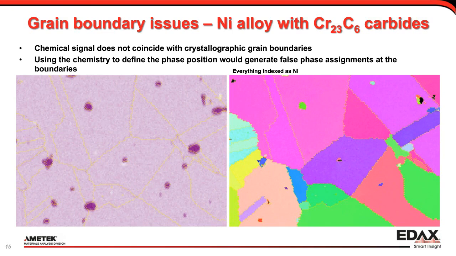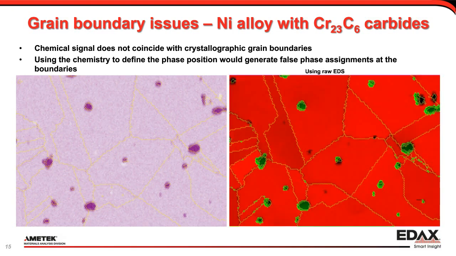The true size can be seen in the IPF map on the right that was indexed with the nickel structure file only. Here the EBSD indexing shows the actual extent of the carbide grains. When you would now re-index the scan file using Chl-scan and the original chromium signal, this is what the phase map would look like. All carbide grains in green now have a ring of pixels around them that actually belongs